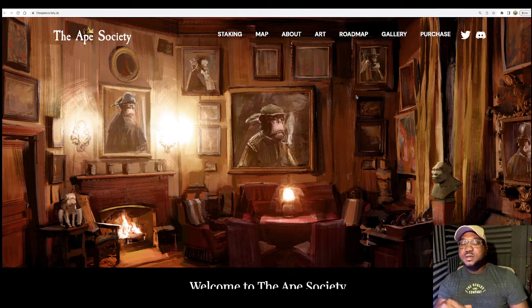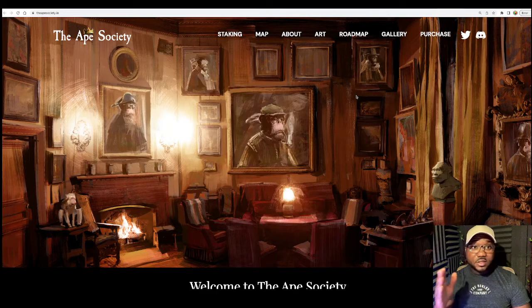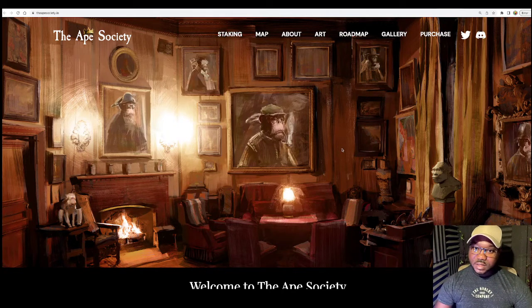So in this part, we're going to look at the different classes and also the perks associated with the different classes. Like we were saying in part one, we looked at the traits of these apes, and all the NFTs out there have different traits, but this project took it a little bit deeper, where in addition to the traits, they have different classes, and those classes have different perks associated with them, right? So let's just take a look at